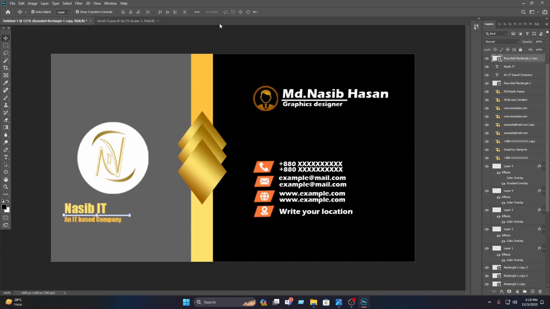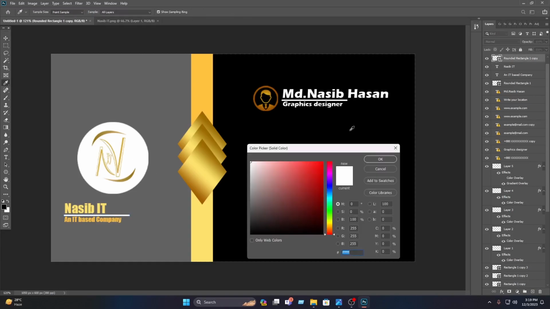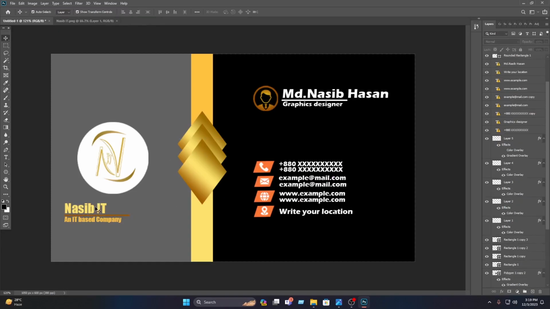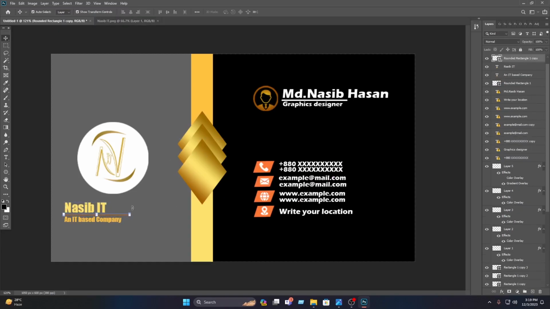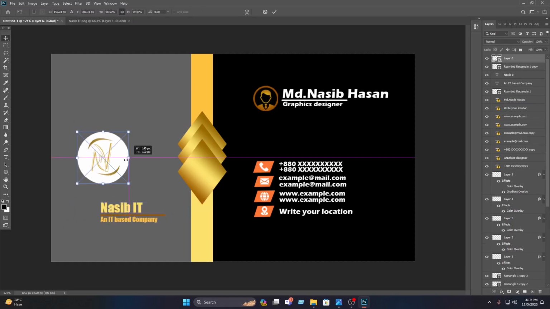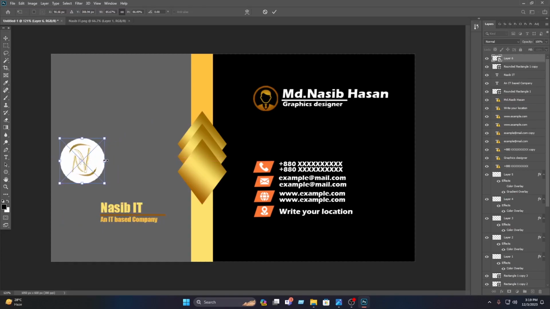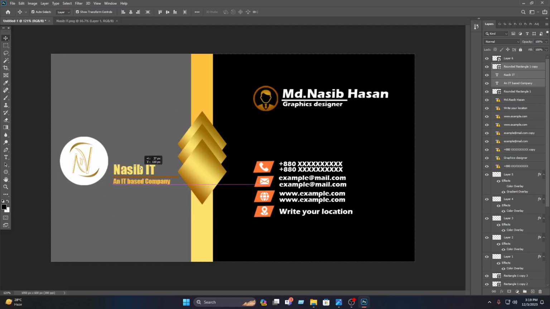then select this, then you have to double click on here, then select this color, then click on the OK, then select this and drag this in here, then select this, then drag this in here, then select these letters and drag these letters in here, then select this, then decrease the size of this, then drag this in here, then click on the tick mark,